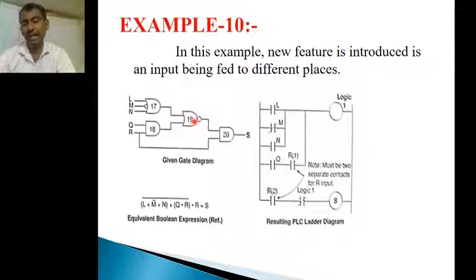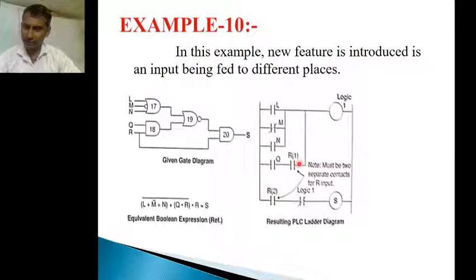So that's why I changed the procedure from the previous procedure. Why? Because I am not coming from the output onwards. I am coming from the input side onwards. Why? Because here we have one bubble on the output side, so we have to invert the output. So that's why I come in this manner. With this diagram we can get the output as logic one. So we can reverse that logic one by providing a normally closed contact. Logic one, normally closed contact, and we take the R bar.